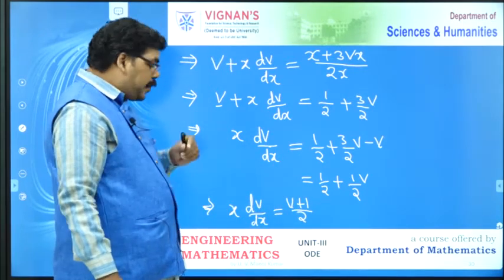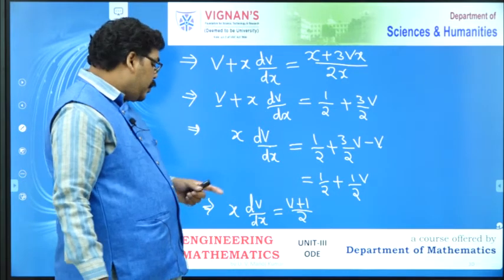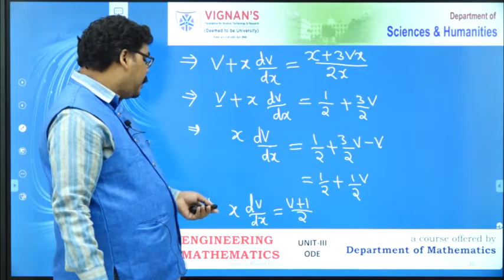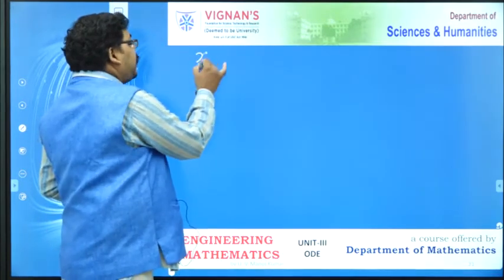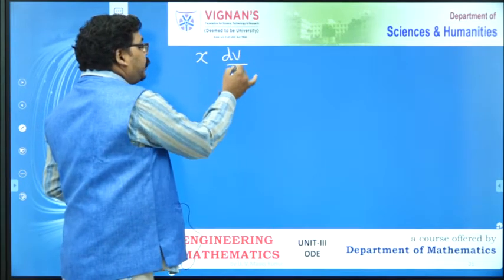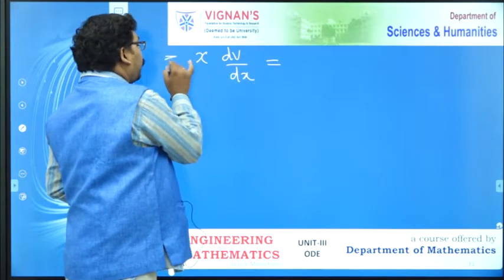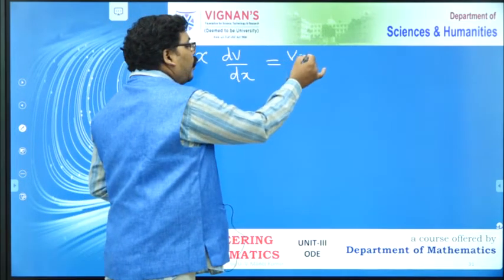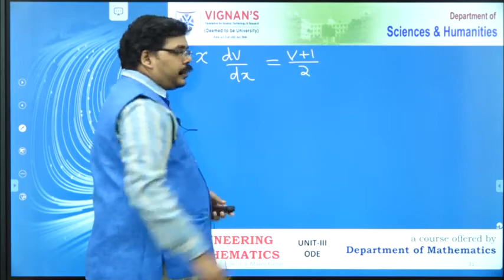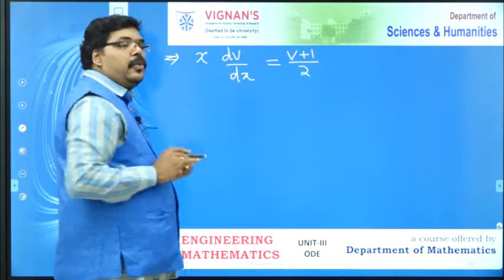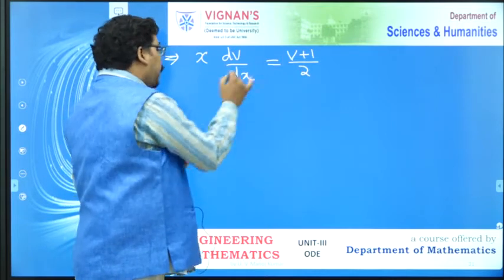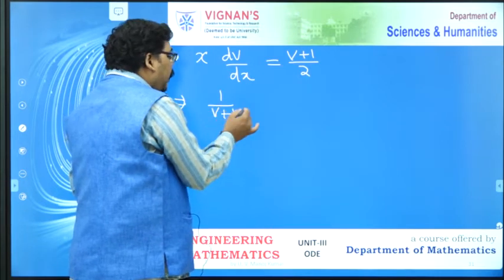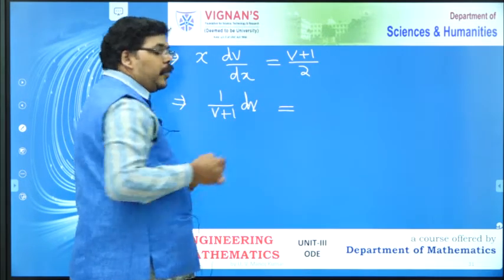Now, can we separate the variables? Yes. Let us write in the next page. x into dv by dx equals v plus 1 by 2. Keep dv here only. Bring this v plus 1 to the other side. So I will get 1 by v plus 1 into dv equals